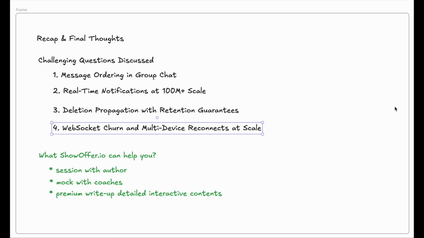Each challenge is covered with trade-offs between consistency, scalability, latency, and complexity, and our deep dives laid out concrete, production-ready